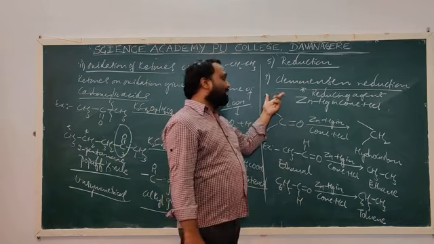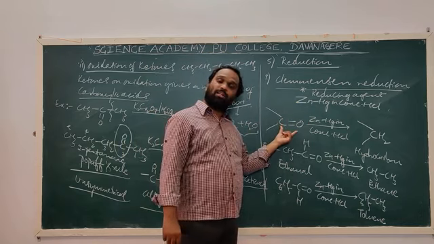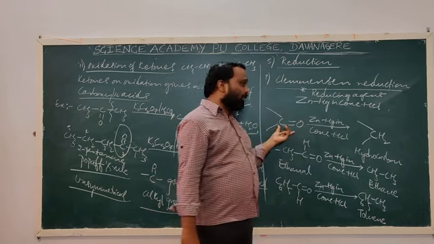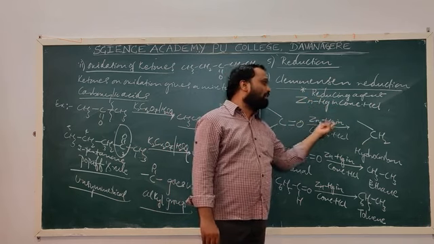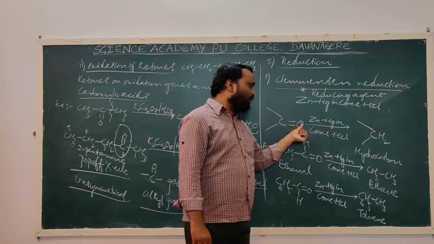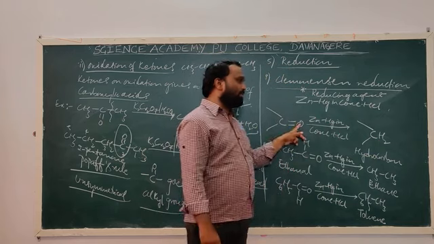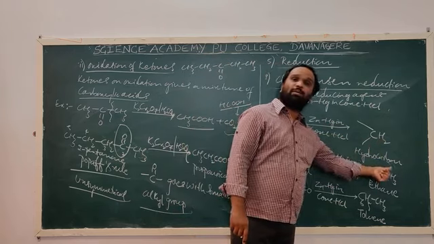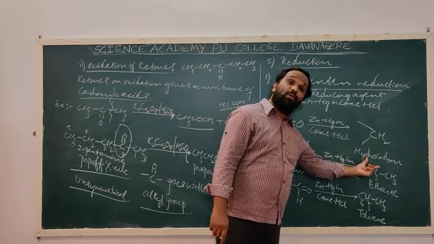When an aldehyde or ketone, which contains the carbonyl group CO, present in both aldehyde and ketone, undergoes reduction in the presence of zinc amalgam in concentrated HCl, this CO is converted into CH2. The oxygen is replaced by 2 hydrogen atoms. So this product is called a hydrocarbon. In this Clemmensen reduction, we get a hydrocarbon.